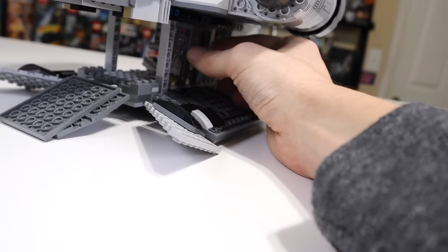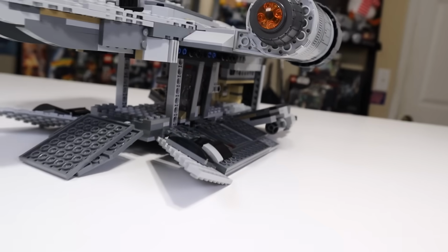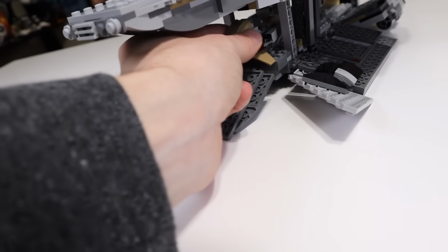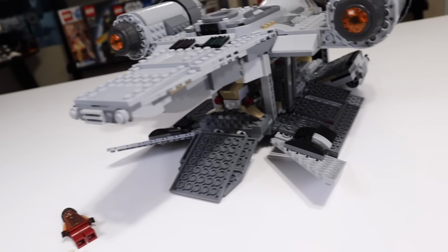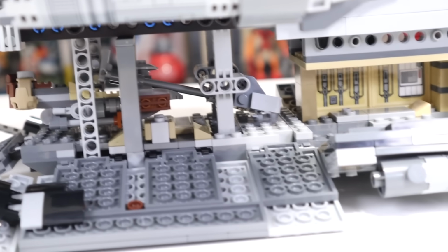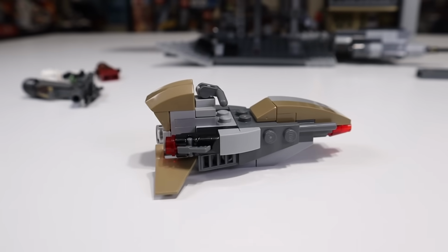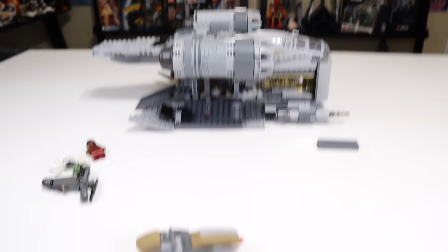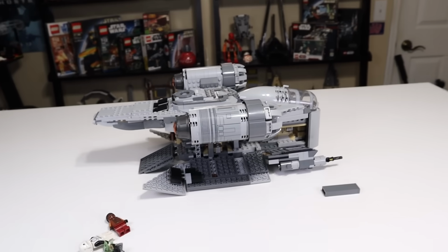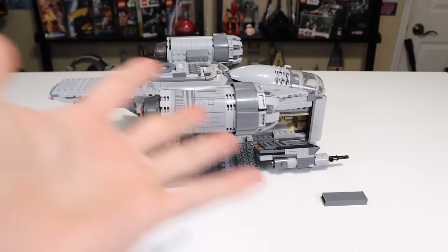And then the other thing you can kind of do with this Razor Crest, it's not exactly like a feature that maybe you're buying the set for, but you can fit things like the Mandalorian speeder inside and close it up all just fine. You can also fit this speeder inside, which is much larger. So that's actually pretty crazy that you can fit both vehicles in there. Obviously not at the same time, but just that kind of compatibility with sets is nice, although it's not necessarily like an intended thing. It just is like by happenstance they both happen to fit in there, and that's pretty